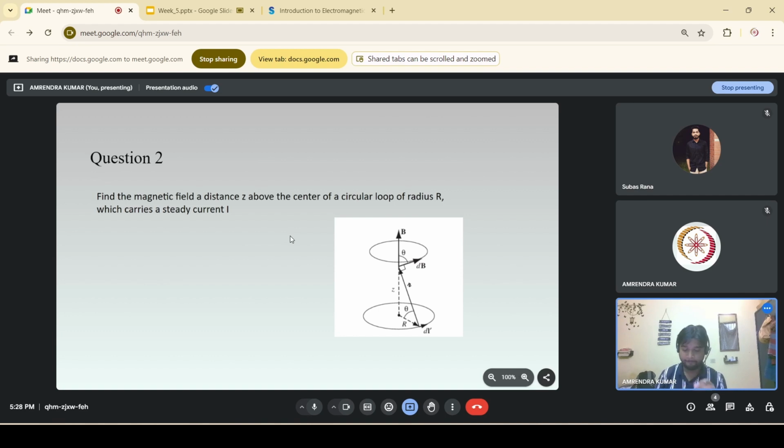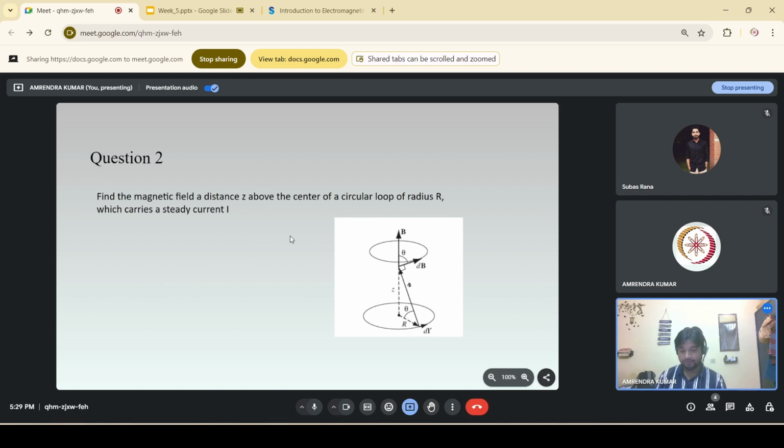ओके, तो ये हमारे पास आ गया। अब हमें देखना है कि इसकी वजह से जो फील्ड होगा वो dB = μ₀/4π I dl ओवर (R² + z²)। लेकिन हम यहाँ से देख सकते हैं कि ये जो dl एलिमेंट है ये वेरी कर रहा है। dl एलिमेंट को हम लिख सकते हैं, अगर यहाँ से यहाँ तक ये मूव करता है, तो मान लेते हैं ये वाला भी यहाँ पर एक स्मॉल सा dl एलिमेंट है। तो अगर ये एंगल θ पहले, और ये θ₁ से, मान लीजिए यहाँ से θ₁ था, और यहाँ तक ये θ₂ है, तो ये जो dl एलिमेंट होगा ये होगा R dθ।